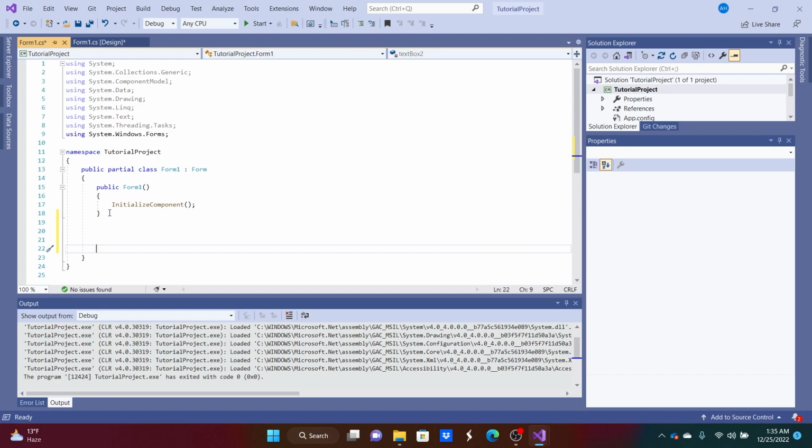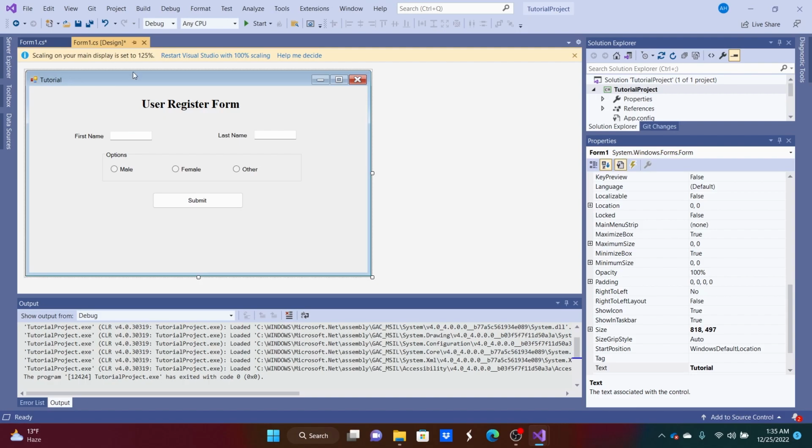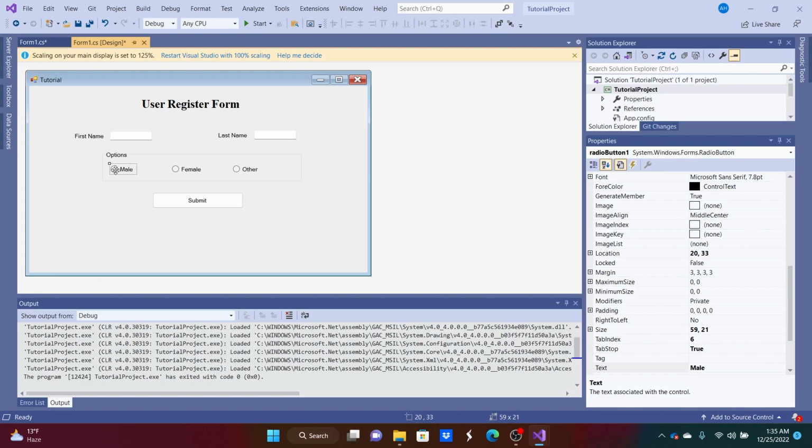But anyways, say we want to do something with this data over here. We want to get first name, we want to get last name, we want to get the options that the user chooses. To do that, we're looking for this information based on a submission, or a button click. So if we select submit,